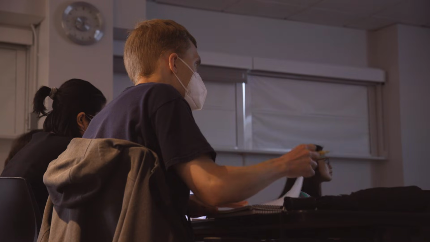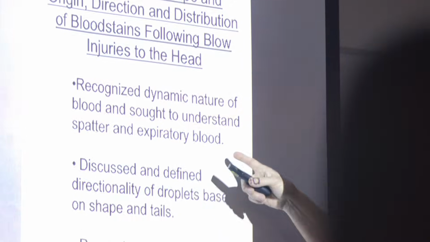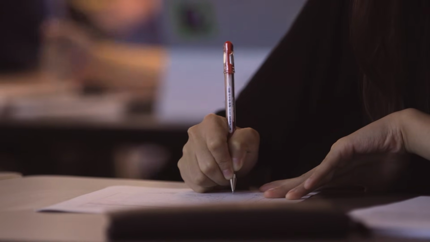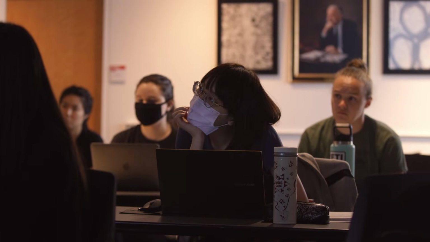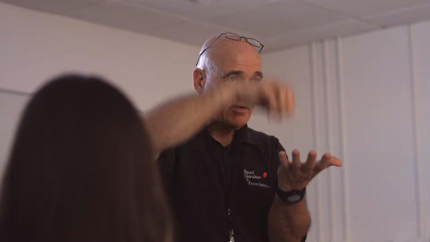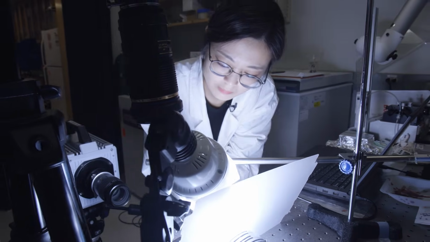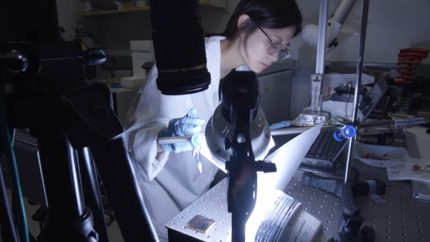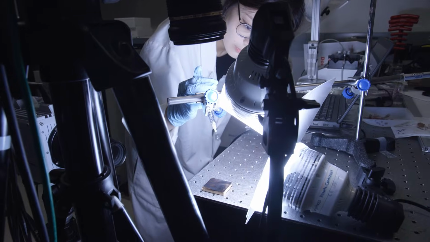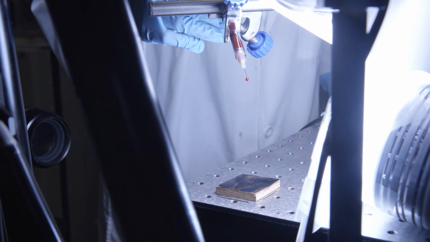While it may be too early for Bird's research to have reached the courtroom, his findings are at least making their way into the classroom. Depending on how hydrophobic the treatment of the surface is, the blood droplet literally bounces off the surface. I mean, that's some really interesting stuff that we weren't aware of in the past. And so through experiments, we can see situations where it does happen, where it doesn't, and we can try to understand the fundamental physics, the fluid mechanics that are responsible for it.